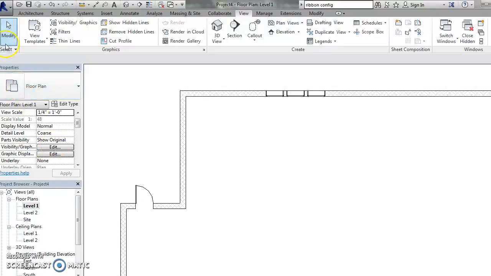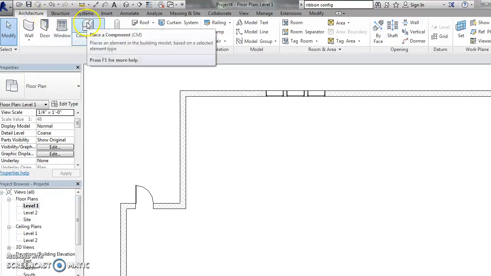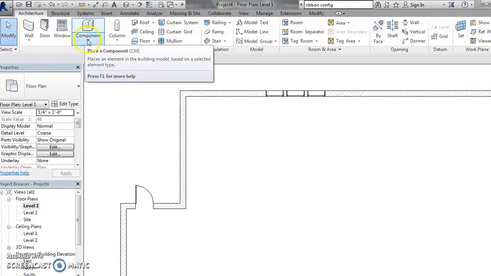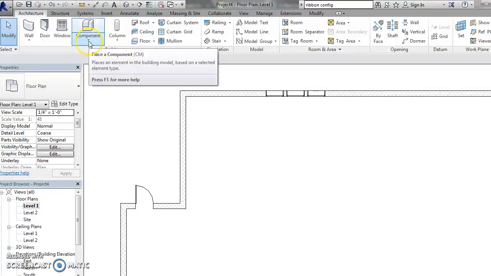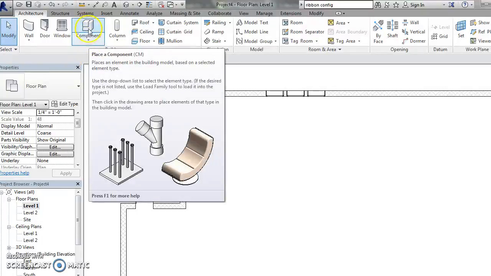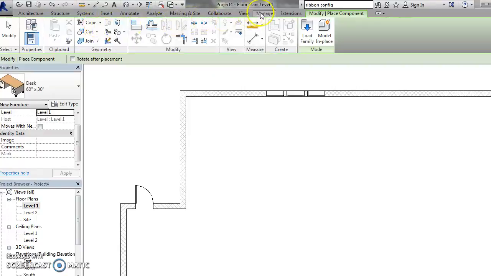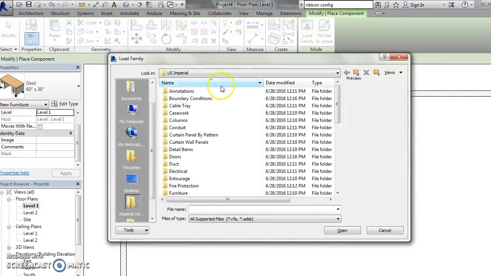All the items in the room are called components. Architecture, components. I don't want to click on the arrow because that goes to some really weird stuff. If I go to the actual icon, I'm going to go to components. Okay. And I have to go over here to load families, because here we have a bunch of different families of components. In this case, I want to go to